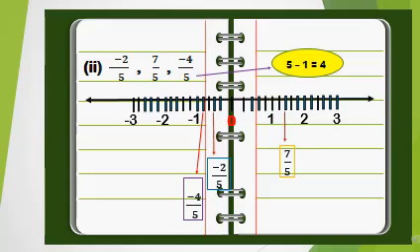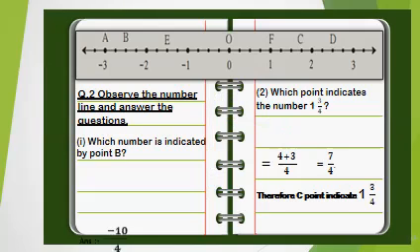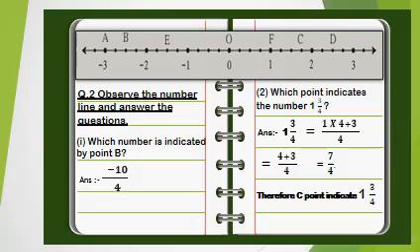There are 4 questions in this practice set. I have done 2 questions and the rest 2 questions are homework for you all. Now we will begin with our second question of the practice set, which is to observe the number line and answer the question. This one is the simplest question. We have been given the number line, and by seeing this number line we have to answer the questions.